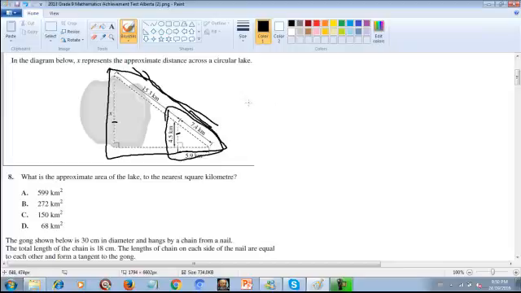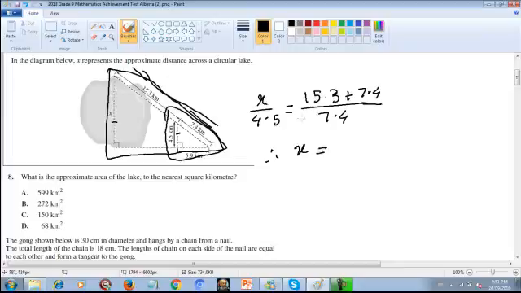If you write it as an equation, we get x divided by 4.5 will be equal to 15.3 plus 7.5 divided by 7.4. Sorry, 7.4 divided by 7.4. So our x comes up to be, we just cross multiply. This is easy, this times this divided by this times this. So x will be equal to